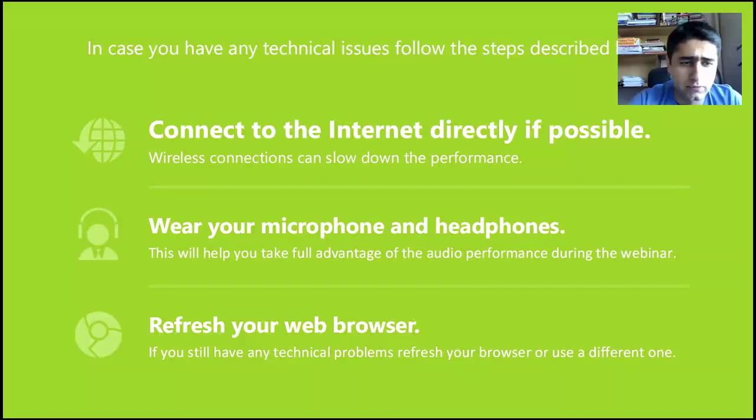Artur Hambartsumian, if you can't hear me well, you need to wear your headphones. I think that will help you. Okay, use your headphones. Okay, so